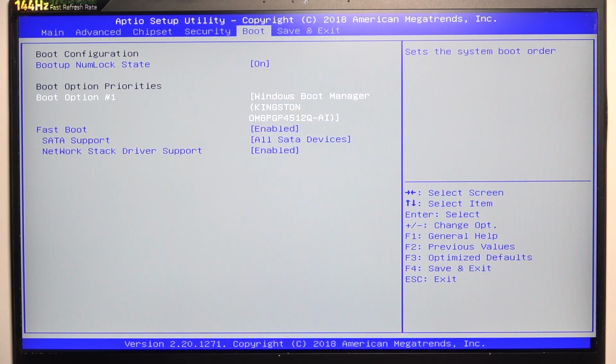Then you can go to boot option priorities, and you can see that I only have one boot option, but if you have multiple ones like other drives, other partitions, other USB drives or whatever, then you should be able to change it with plus or minus on your keyboard, and it will move up or down,